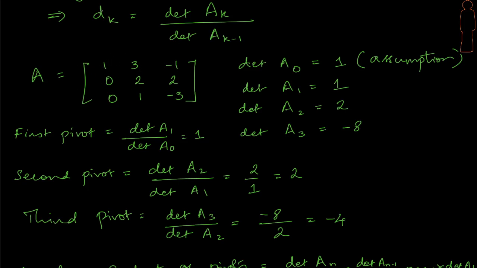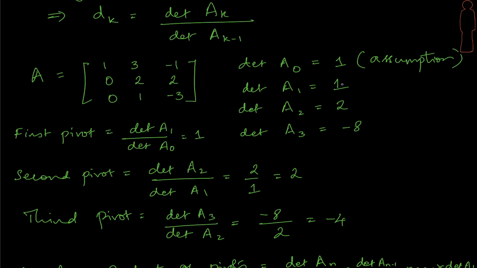Now, in order to look at the pivot formula, it says that if you want to find the first pivot, it's going to be determinant of A1 divided by determinant of A0. Now, what is determinant of A0? There is nothing called A0 here, right? But we're going to make an assumption that anytime determinant of A0 is going to be given by 1. Okay, given that assumption, let's figure out what is determinant of A1. It's going to be the determinant of this 1 by 1 matrix, which is 1 divided by 1, this one. Therefore, my answer will be 1.